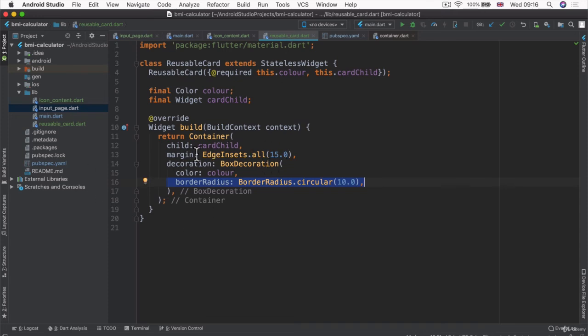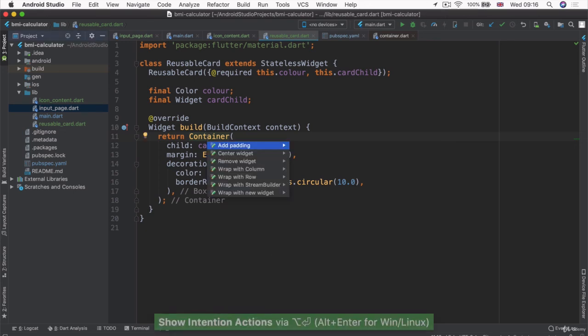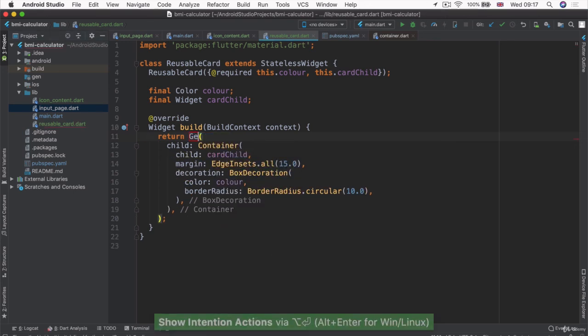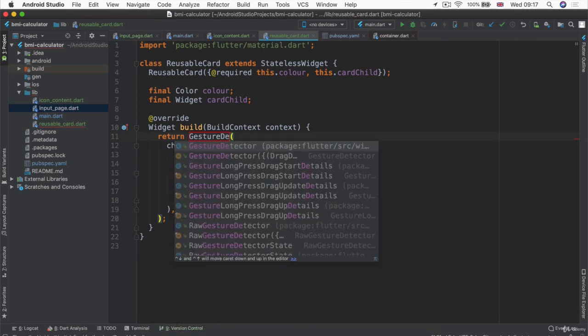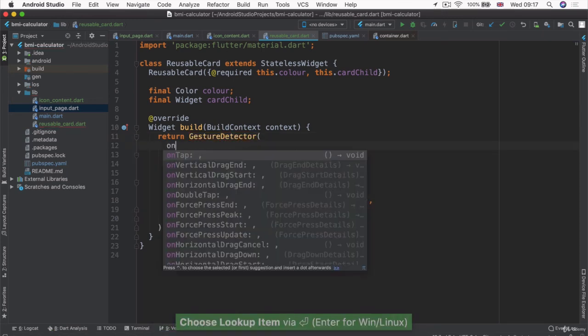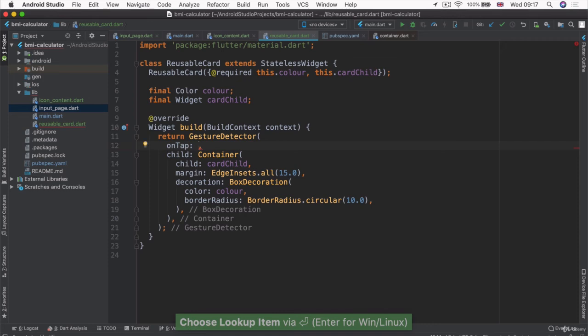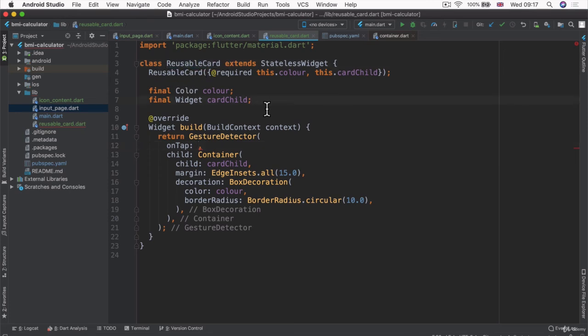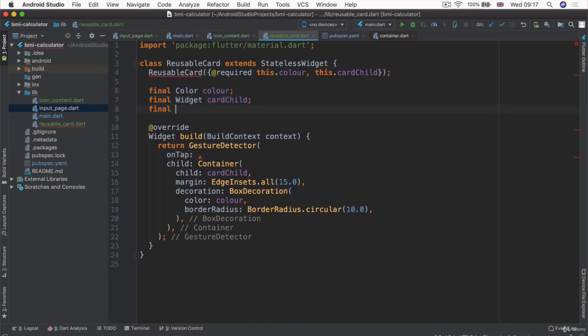So inside here in the build method, instead of just returning a container, I'm actually going to wrap the container inside a gesture detector. And here, of course, I will now again have access to the on tap. And I'm going to pass over a function into my reusable card widget. So in exactly the same way that we did with our previous two properties, color and card child, I'm going to add another final property, which is going to have function as the type,